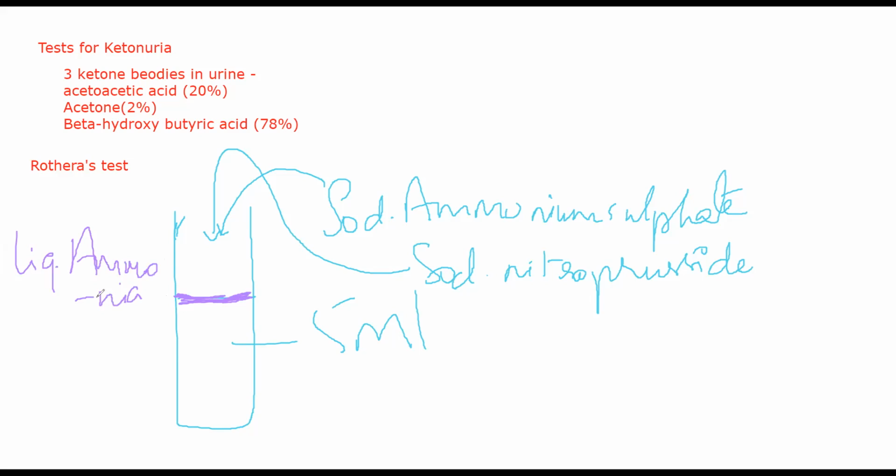Now, when do you see ketones? Ketones are seen in urine, especially in one condition called DKA, diabetic ketoacidosis. Specifically, when ketone bodies are being excreted in your urine and ketone levels in your blood go up, you will see ketonemia, and the patient might even undergo coma sometimes. Okay, that is one condition.